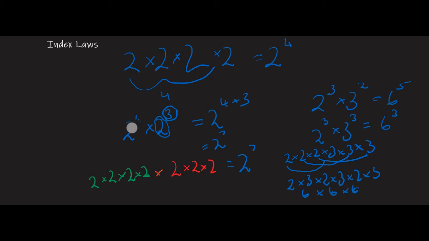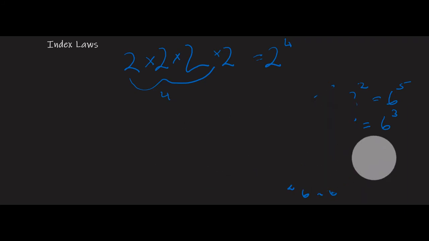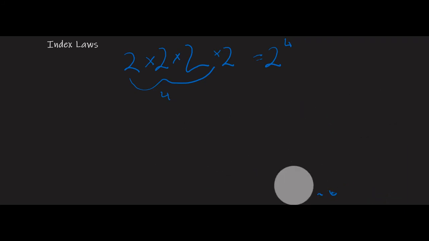Now, the next one we're going to look at is the division law, or the subtraction law. So essentially how that works is if you have 2 to the power of 7 divided by 2 to the power of 5, for example, that will be equal to 2 to the power of 7 minus 5, which is 2 squared. Now the reason this works is, say we write it out, so 2 times 2